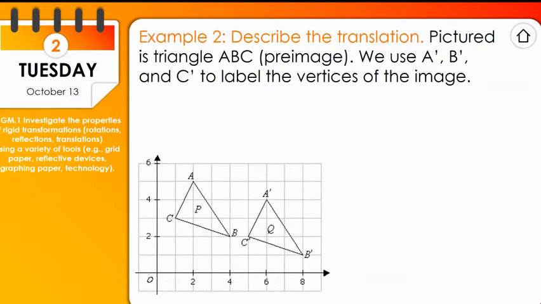So, can we describe a transformation or translation from a picture? We want to learn something. Here, we have triangle A, B, C. The vertices are labeled. If you look at this as the pre-image, and this is the image,